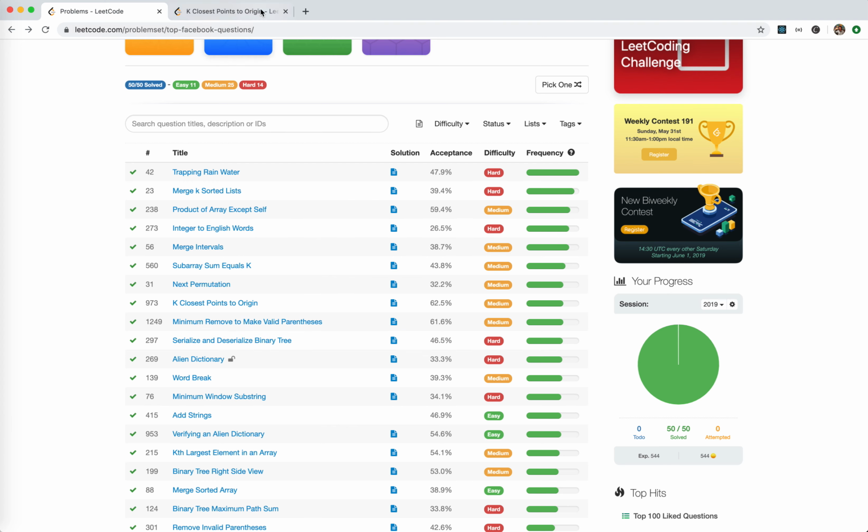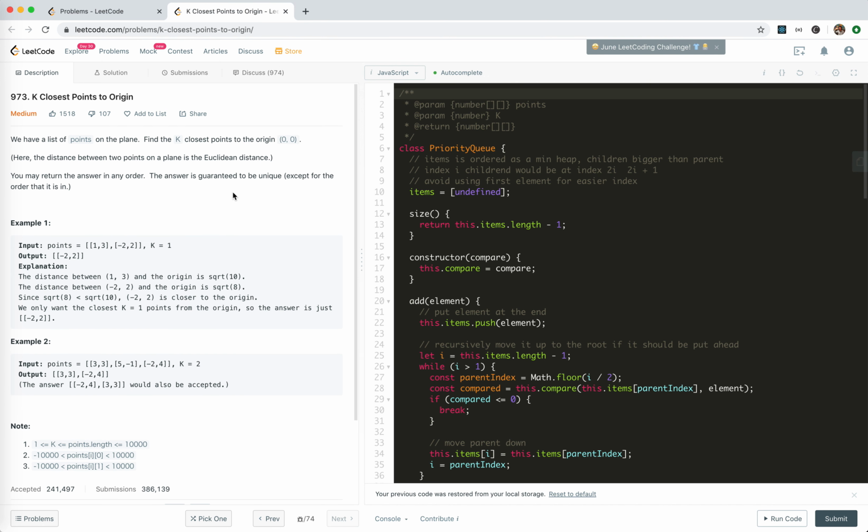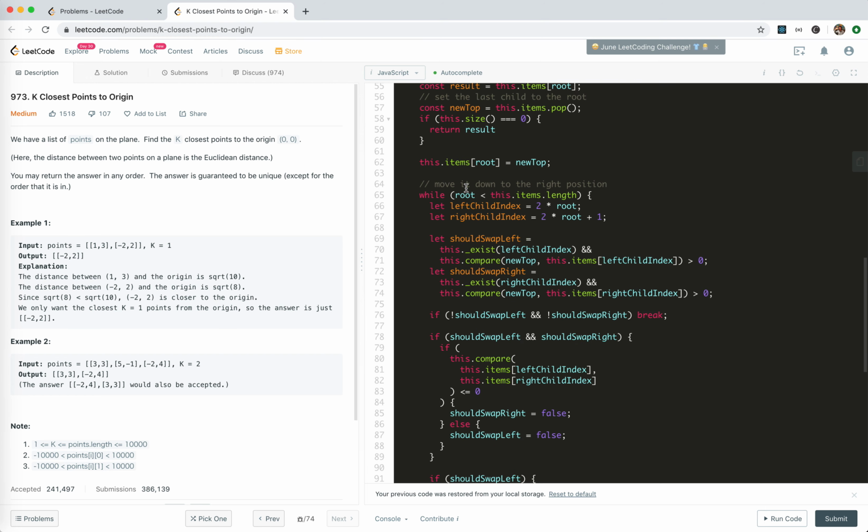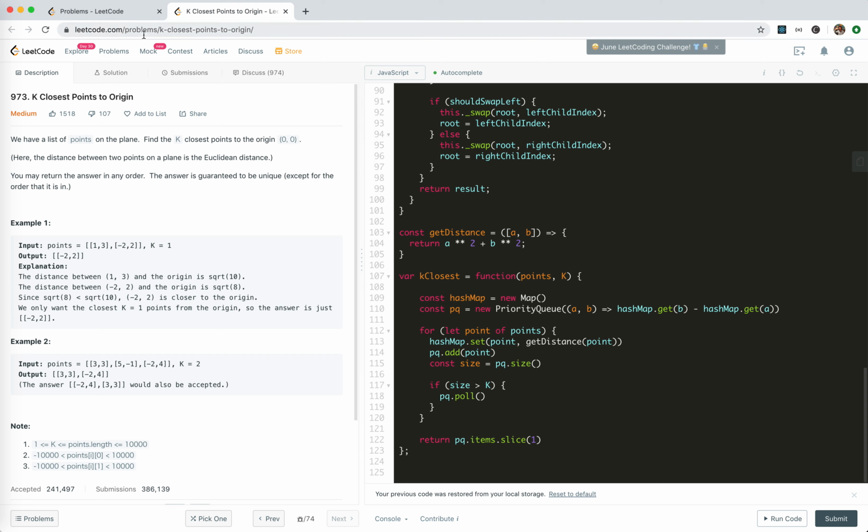Okay, so K close point to the origin. We have a list of points. Find the K closest to 0. Because we're going to get k. Well, first we can just get all the distance and sort, right? Well, this costs a lot of time. We don't need that. So actually, we could use a priority queue and get the distance for each node and